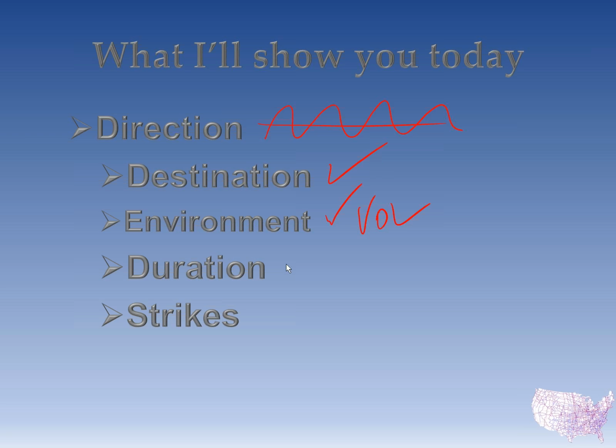Destination is probably more volatility or volume than anything else. The duration. What is the best duration? This is days to expiration. What's the best expiration cycle for the strategy we're going to be considering as we go along? And finally, strike locations. I'm going to basically hammer it out for you guys. Take that guesswork out of what strikes should I use.